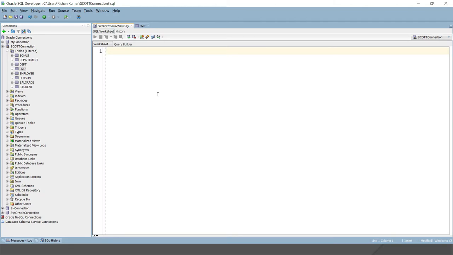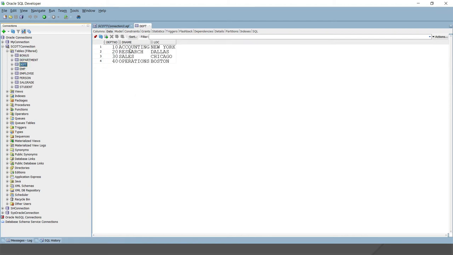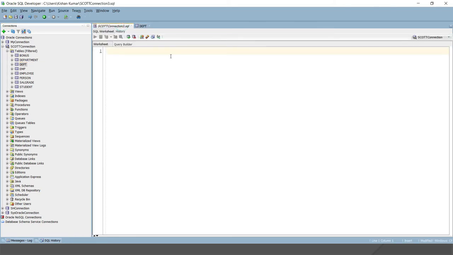In this video tutorial, we'll see how to write an inner join. Let's say I would like to fetch a few columns from the employee table, like employee name, job, and salary. These three columns from the employee table, and from the department table I would like to fetch DNAME, meaning department name, and location. So these columns are coming from two different tables. I'm not saying only inner join can achieve this, but here we want the common records between these two tables based on the department number, and I would like to achieve that through inner join. But there are some other ways also to achieve the same.